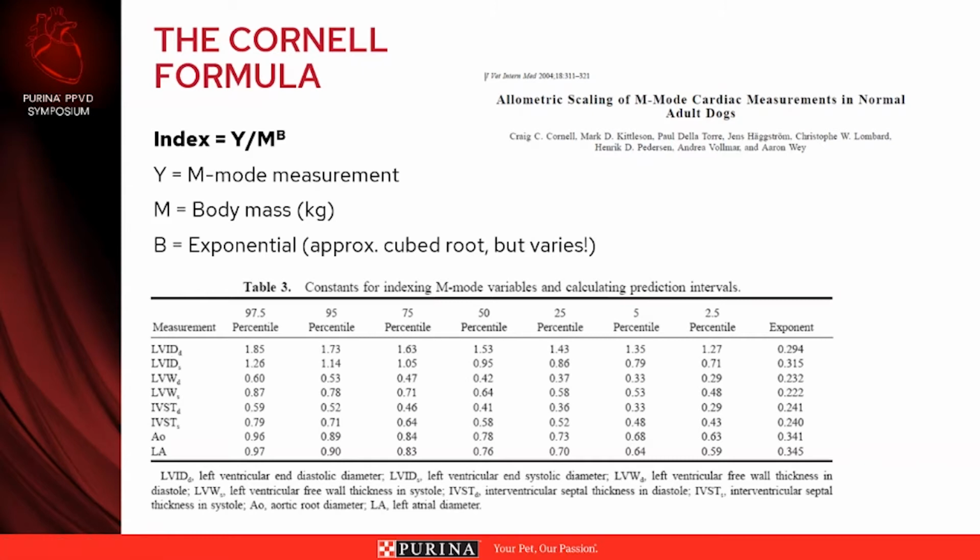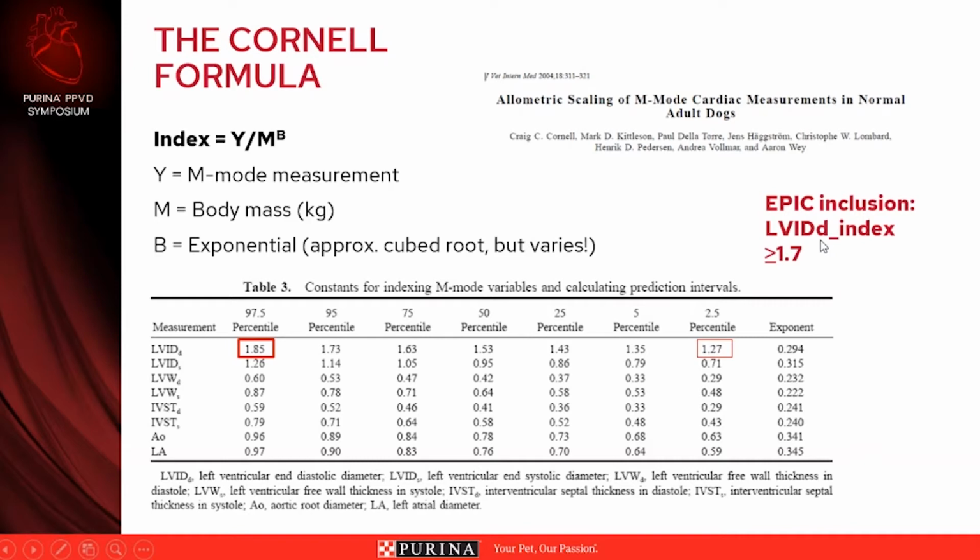And our index is basically our measured diameter divided by approximately the cube root of the body weight. But that actual exponent isn't always exactly the cube root, so we've got the exponents down here, depending what we're measuring. So for our left ventricular index in diastole, our reference ranges are between 1.27 and 1.85, but